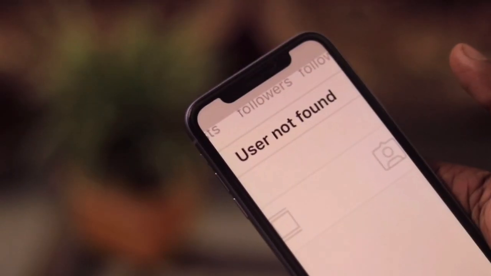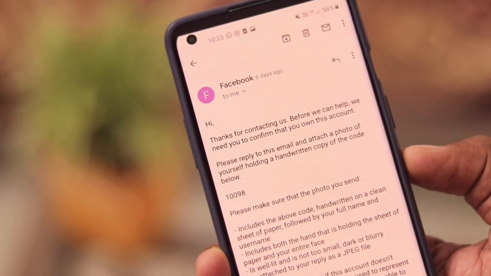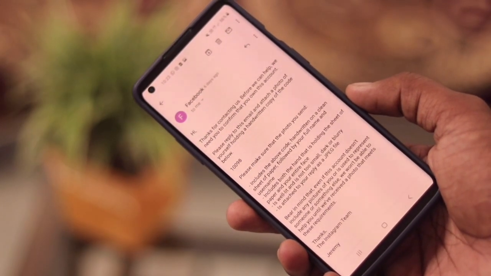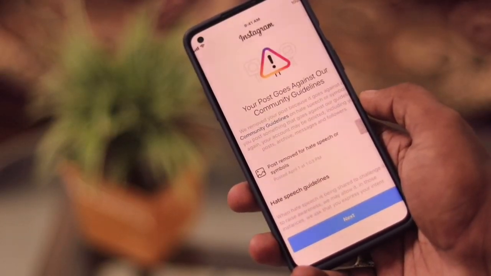Your Instagram account is disabled and nothing can be more despairing than that. But alright, you are here at the perfect place where there still exists a chance for getting your ID back. So in today's video, we will talk about the only possible and working method by which you can recover